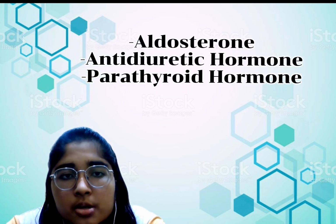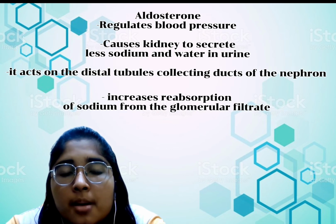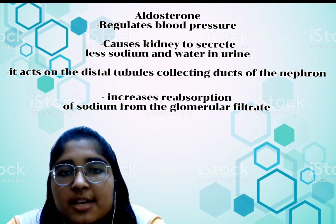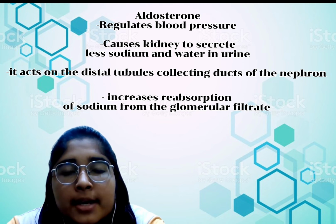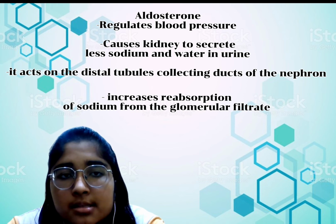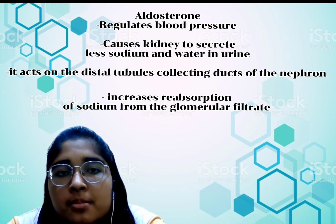The urinary system is regulated by the endocrine system by hormones such as aldosterone, antidiuretic hormone, and parathyroid hormone. Aldosterone plays a central role in regulating blood pressure through its effects on the kidney. It causes the kidneys to excrete less sodium and water in urine. It acts on the distal tubules and collecting ducts of the nephron and increases reabsorption of sodium from the glomerular